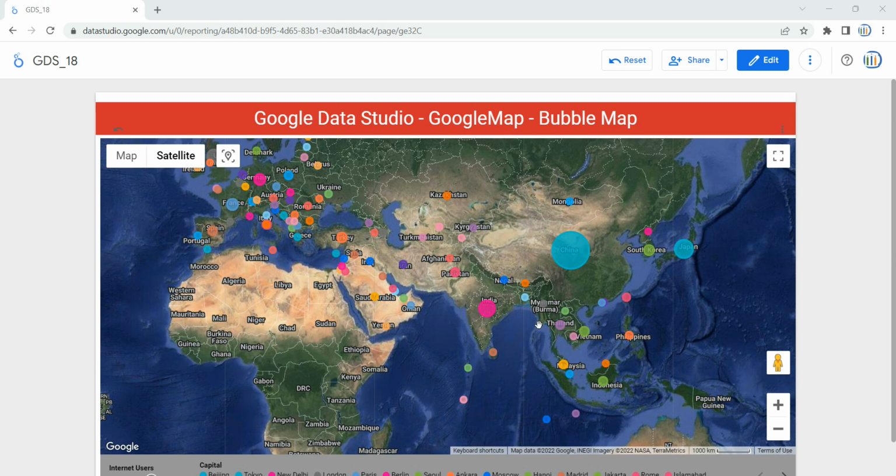Before we go ahead and start creating this bubble map, you might be thinking, why do we need to use the Google Map in our dashboard? But believe me, adding Google Maps to your reports gives your viewer a familiar interactive environment where they can explore geographical data. Google Maps in Data Studio are highly customizable, and they can integrate with any data source that contains